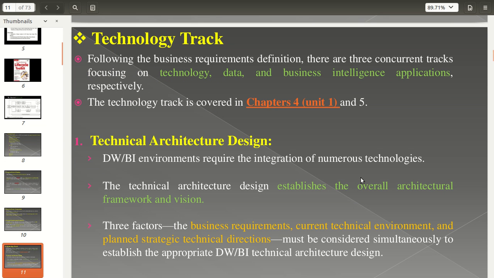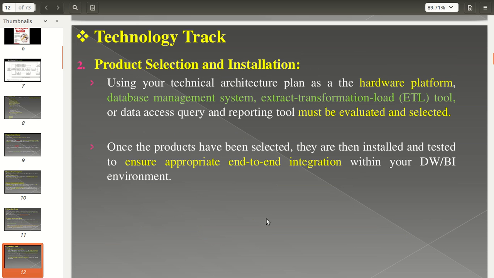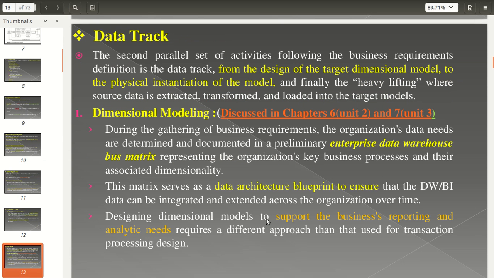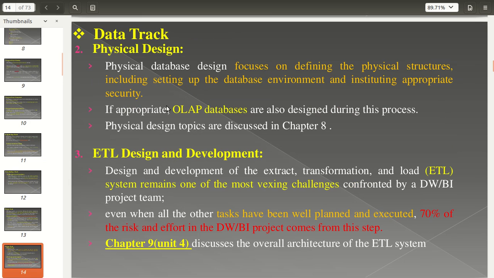The next one is the technology track. That track has different parts. The first is technical architecture design, and the next is product selection and installation. The next is another track named the data track, in which you have to define the dimension model, then physical design, then ETL design and development.